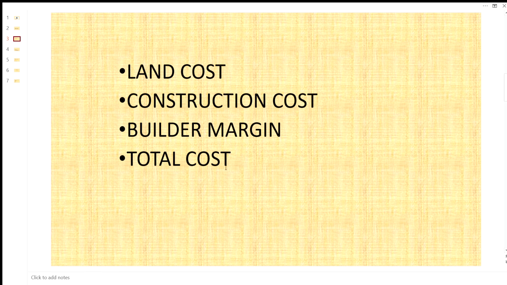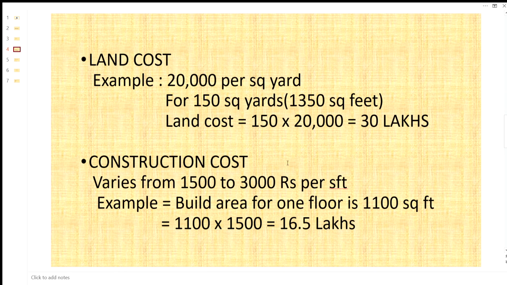Going into the details, to calculate the total cost of the house, we need to know the land cost, construction cost, and the builder margin. For example, if you take a case of 150 square yards house, which is nothing but 1350 square feet, with 20,000 per square yard cost, the land cost would be around 30 lakhs. And the construction cost generally varies from 1500 rupees to 3000 rupees per square feet based on the construction quality